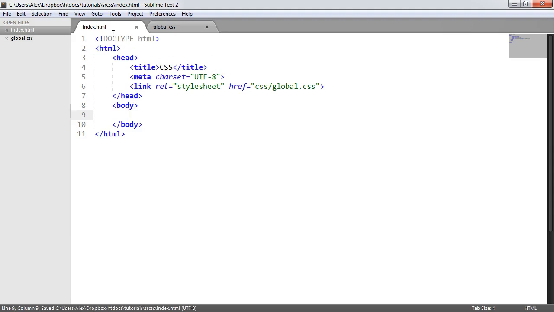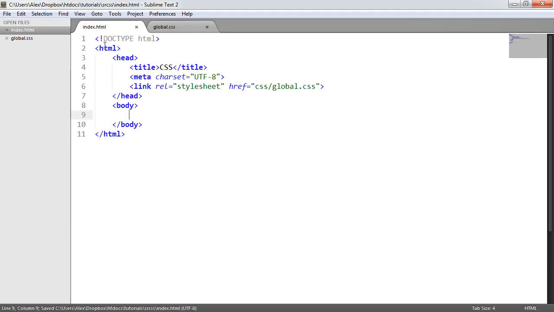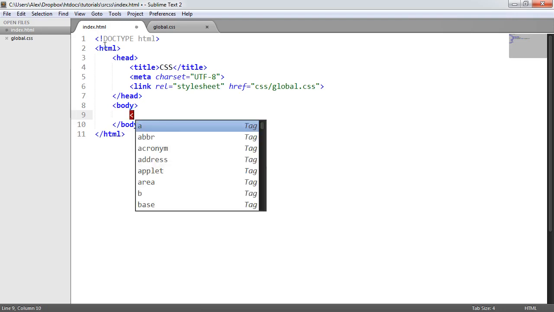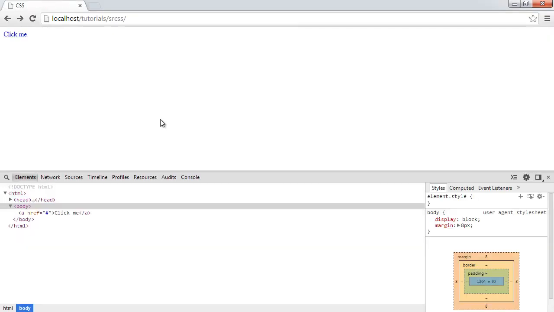So you can see I've got open basically a basic document markup, and I've got a global.css style sheet which will be doing all the styles in. So let's take a look at a basic element like an anchor. So just a link on the page, so if we type click me, go ahead and set the href to hash, we don't need to worry about that. I'm going to go ahead and refresh, and how do I find out whether this is inline, block, or display